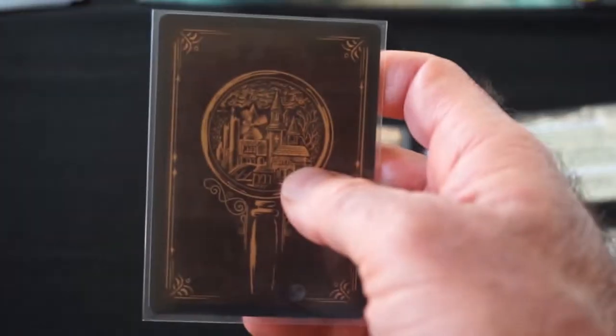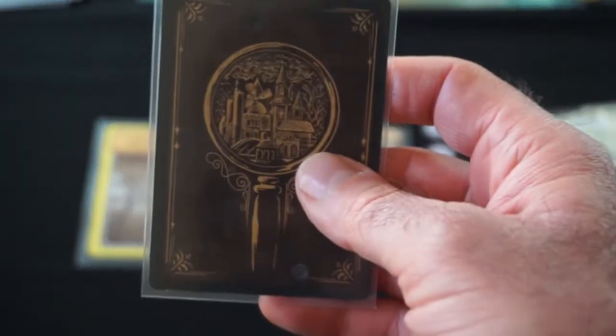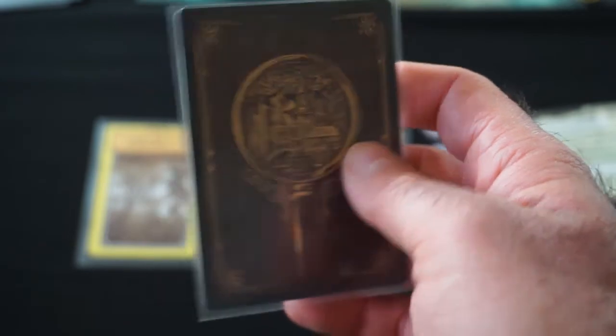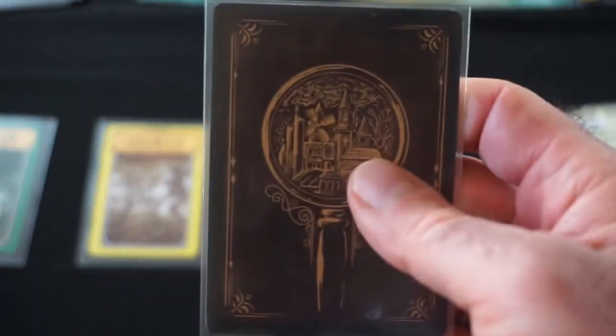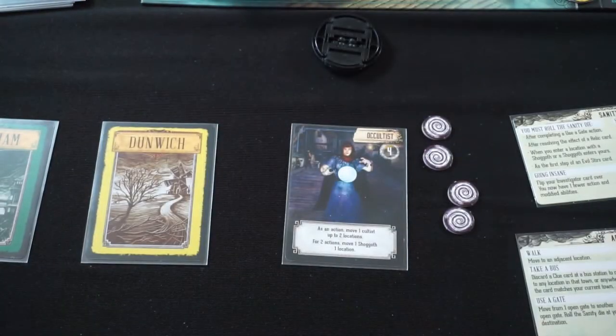First up we have a Dunwich. We'll need those clue cards to seal the gates that are in the cities. We have an Arkham, a Kingsport, and another Kingsport. So moving those over to the Occultist might not be the worst idea, but anyway, I do